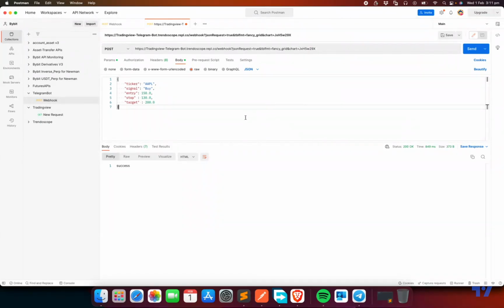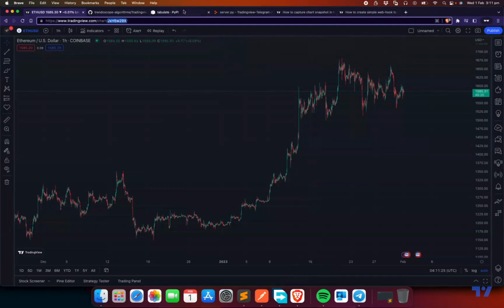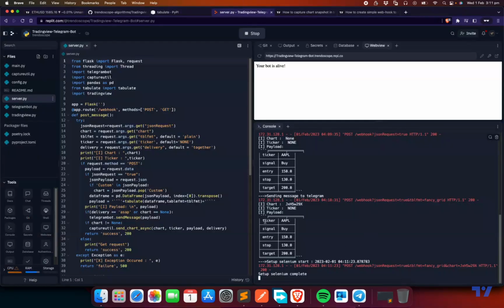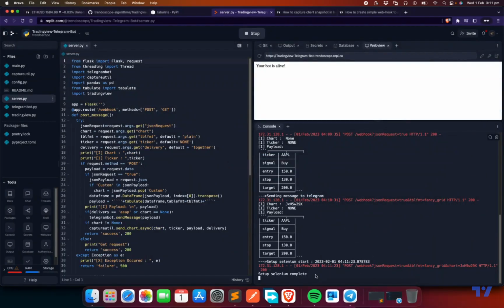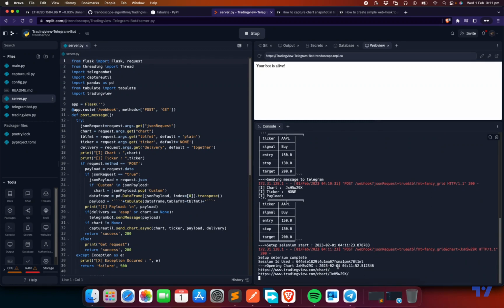That means it is not only sending the message, but it also tries to grab the chart snapshot. So I'll send this, success. We'll see what's happening in the logs. It generated a tabular format, but it's not here yet. This is the last one, so the new message hasn't come yet. Let's wait for some more time. What's happening here is it's setting up Selenium. It's trying to load the chart and then take a snapshot. So it's going to take some time because it has to do everything manually. You can see that it loaded this chart, and then